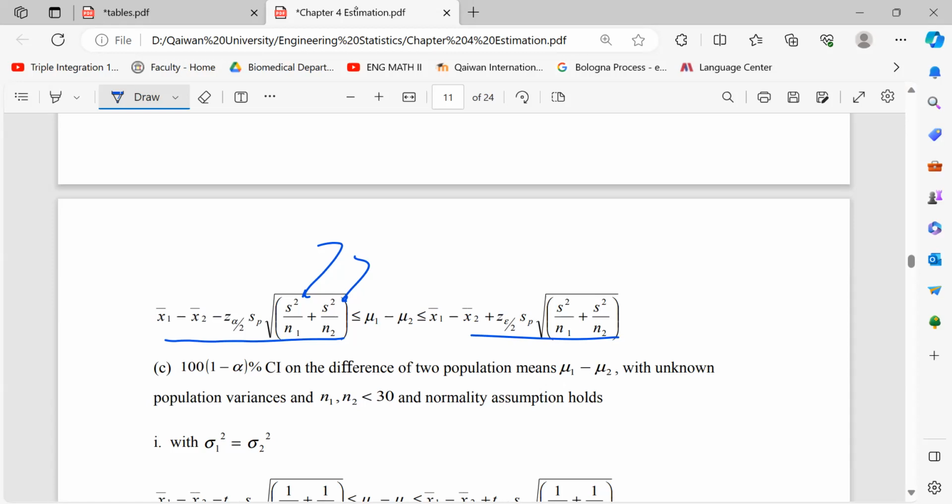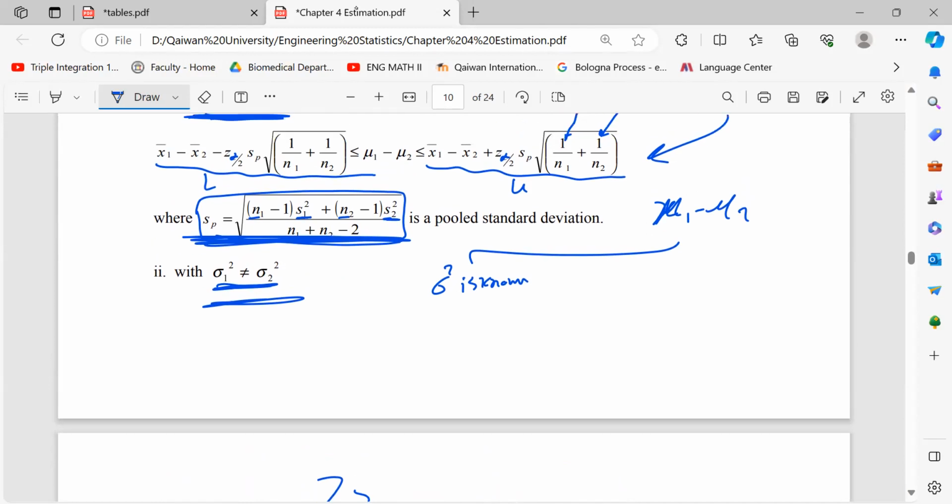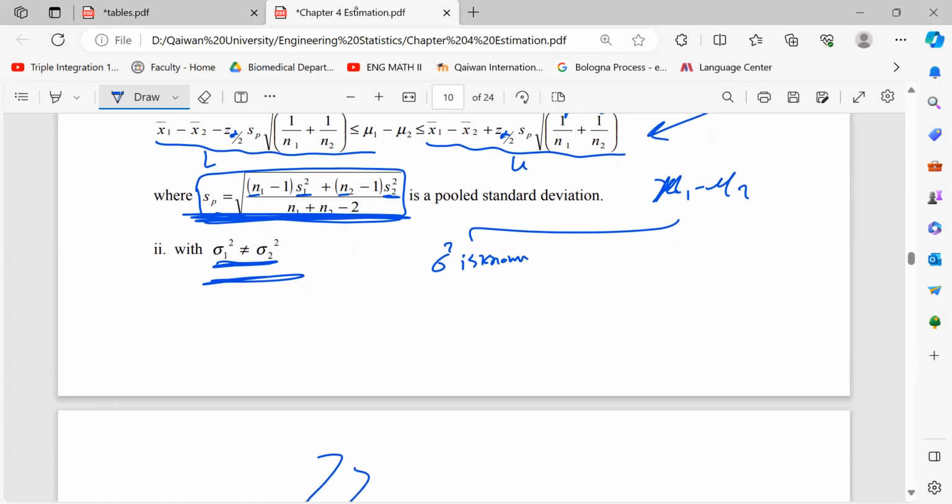Okay? Now, for the difference of two means, mu1 minus mu2, we have three cases. Generally, you have three cases. If sigma squared is known, it was the first case. Here we have three subcases. Okay, it's okay, we have only one case there. If sigma squared is known,